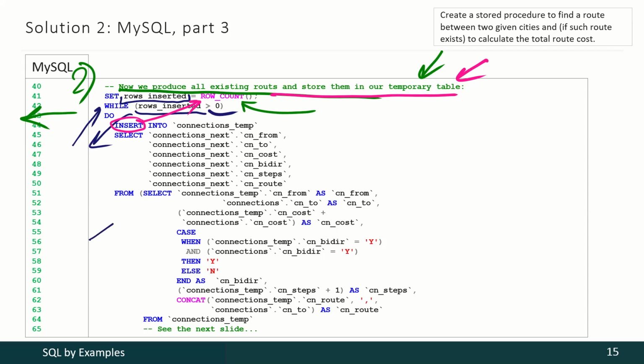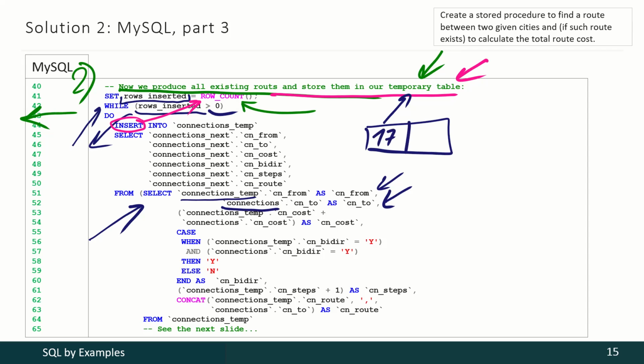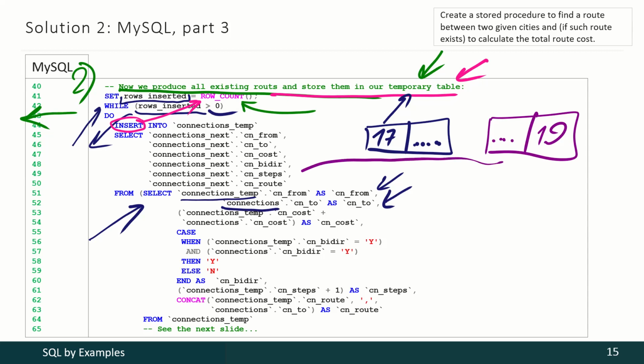Now let's review the selected data. In this part we are selecting the source and the destination nodes from two tables, from our temporary table and the initial connections table. So imagine a situation when in our temporary table we have such a record, for instance from city 17, this part is not important. There is a route to some city 19, for instance, and this part is not important either. And that information is stored in connections table. Of course, we have to somehow connect these records, but that information will be shown in a couple of seconds.